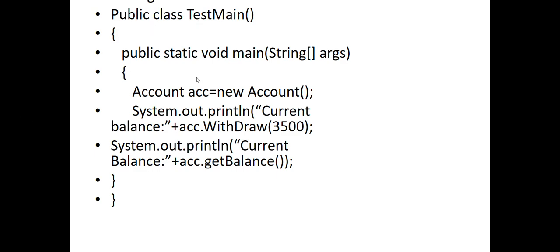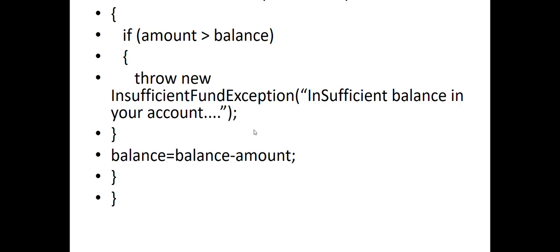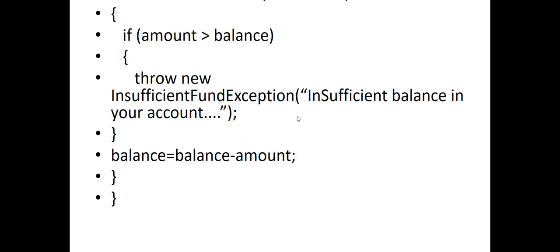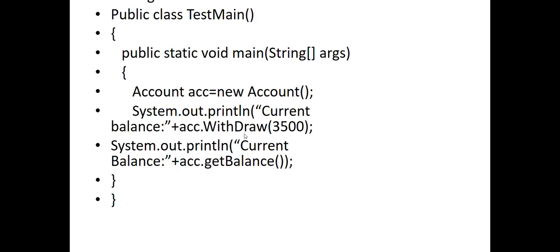In the main method I'm creating the object of the Account class. In that Account class I first display what the current balance is. So the current balance, here I'm giving the value of current balance is 3000. So it will display 3000, and